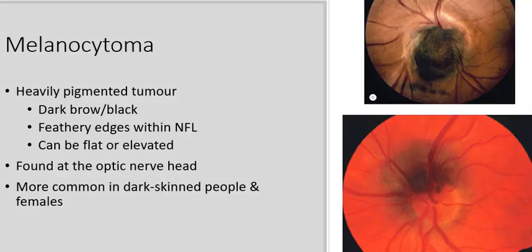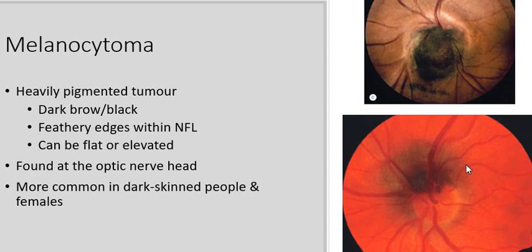Let's move on to melanocytomas. Melanocytomas are heavily pigmented tumours, and they're dark brown or black in appearance, and they have feathery edges, and often they're located within the nerve fibre layer. They can be either elevated, as is this one, or flat. So if you see a dark area around the optic nerve, the retinal nerve fibre layer being affected, you can assume more likely that it's a melanocytoma as opposed to, say, a CHRPE, for example, which kind of looks similar,